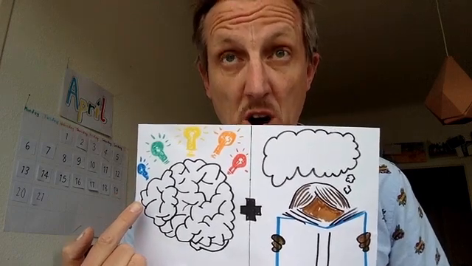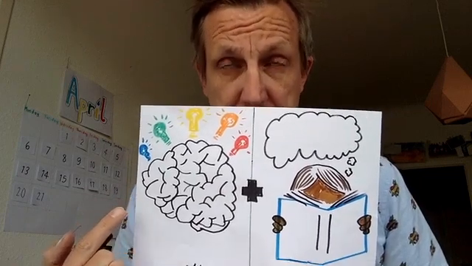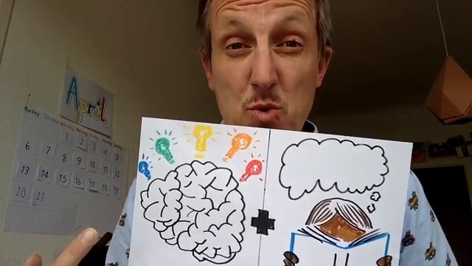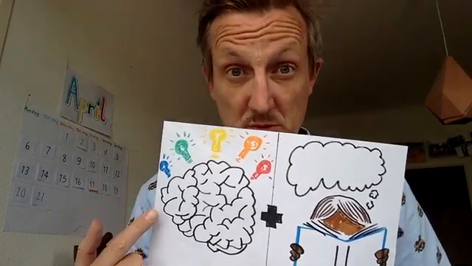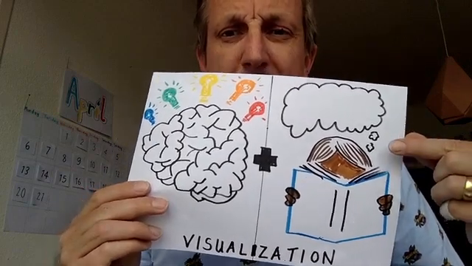Over here, this is your brain, okay? In your brain, if you remember from our human body unit of inquiry, in your brain is the hippocampus. And the hippocampus collects memories, helps you to remember things, okay? So, you can use what you know about the world, okay? And then also your imagination, okay?